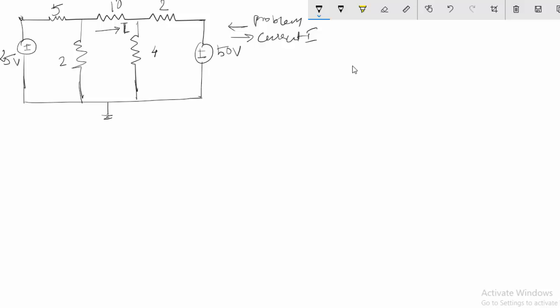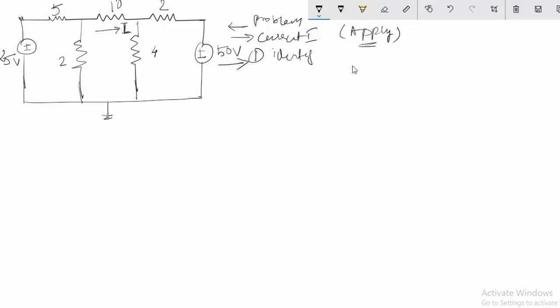So the first step in applying the node voltage method: you can apply it in different ways to solve the problem, but this is one way through which I will solve the problem, and you can find it useful. The same problem could be solved using the node voltage method in different ways, or in different books, or in different colleges or lectures which you are attending in your school, college, etc. So the first step is to